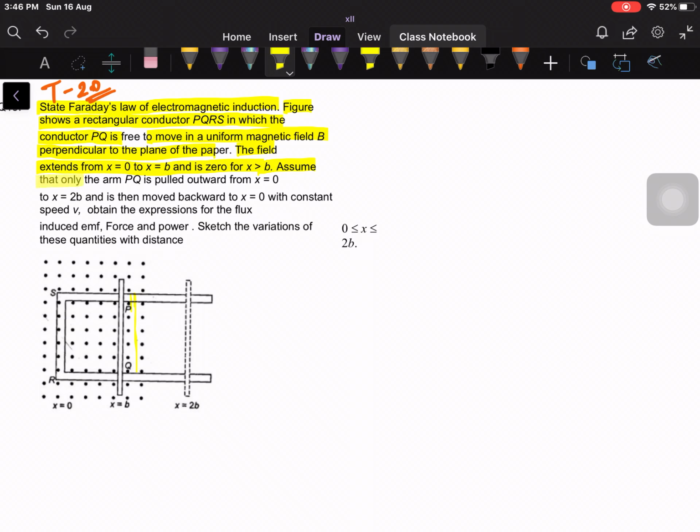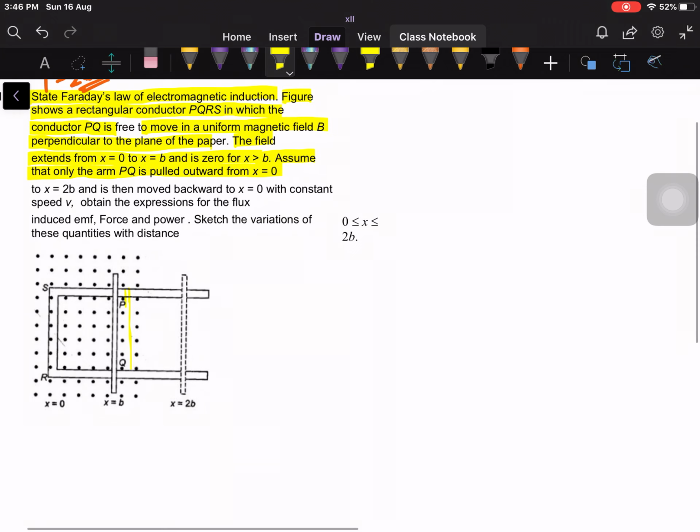Only the arm PQ is pulled outward, from x equal to 0 to x equal to 2b. All other arms are as they are, only arm PQ is moving outward and then moved backward. When it is at x equal to 2b, it is then moved backward,